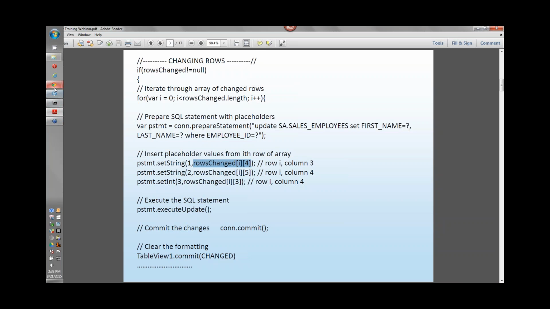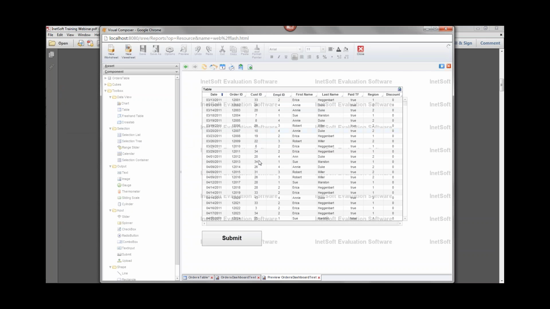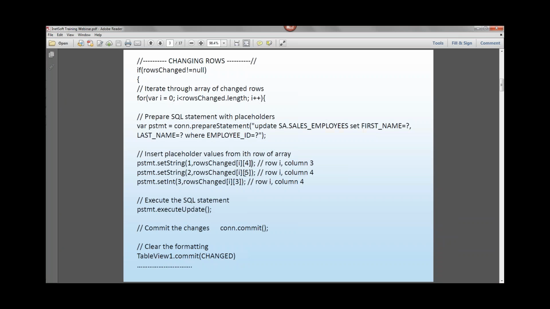Let's take a look back at our dashboard, right? The third column, I wonder if that's right actually. 1, 2, 3, 4, 5. Let me just check this. Wait a second. Set string 1.